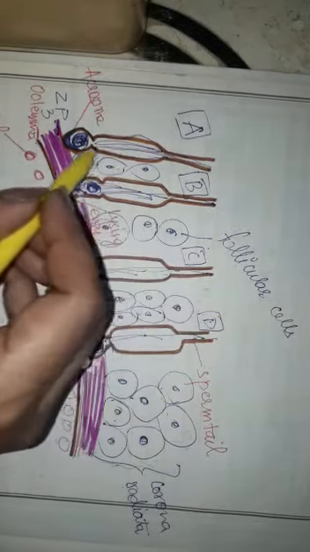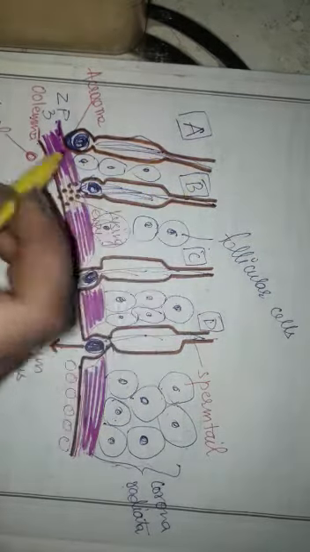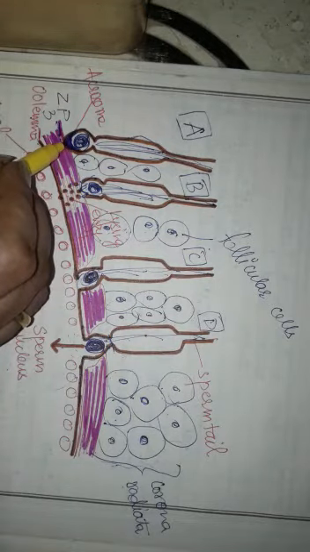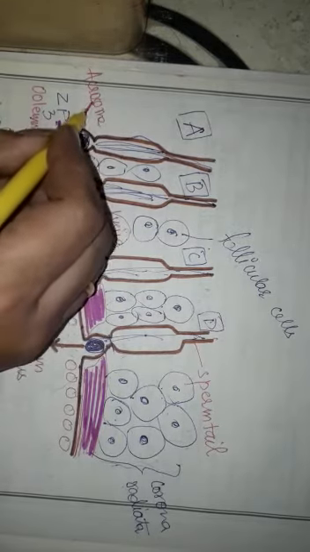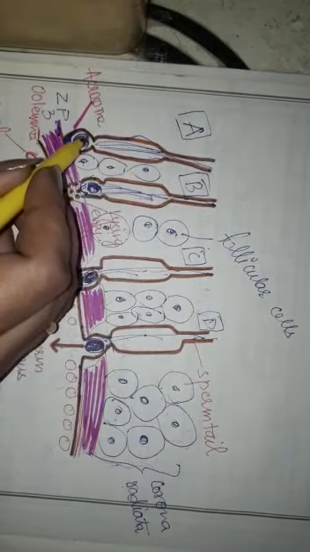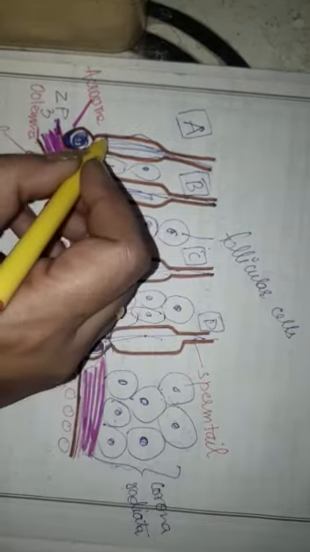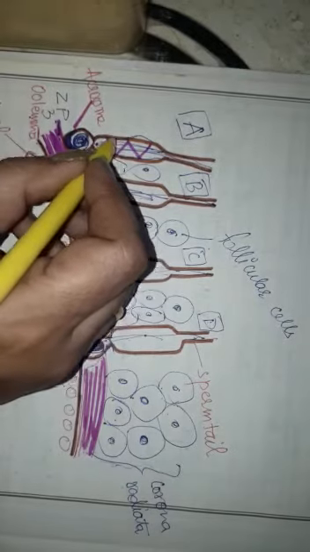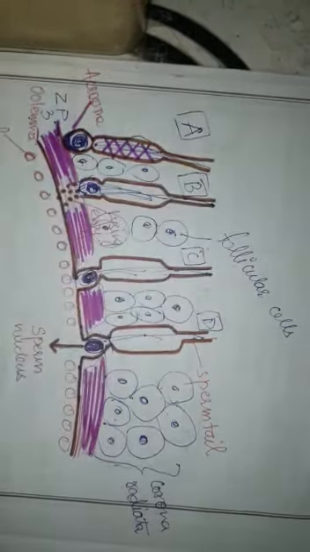In this diagram of the sperm, this is the head, the neck, the middle piece and the tail. What was present in the head region? There is present the acrosome, which was the Golgi apparatus, and this consists of the hydrolytic enzymes, and there is a nucleus in the head. In the neck region, there are 2 centrioles at right angle to each other, and in the middle piece there are mitochondria. And the tail region consists of axial filaments only.